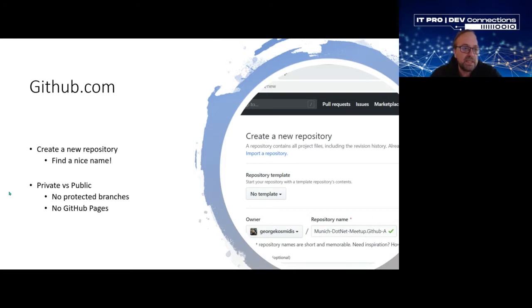Last time I checked, these two here were the only difference between public and private repos. There was no other difference, but let me show them here. But I'm not so sure, don't take my word for it. It makes sense though that if you are in a public repo, you need to protect your branches. These limitations here apply to private repos, right? Public repos have everything. So we're going to create a public repo to protect our branch, and then we're going